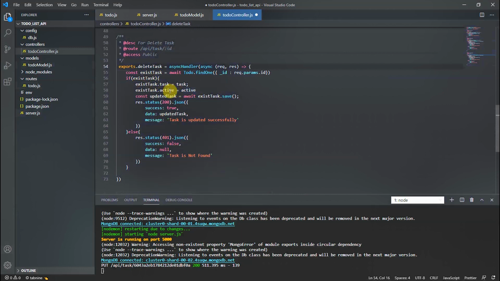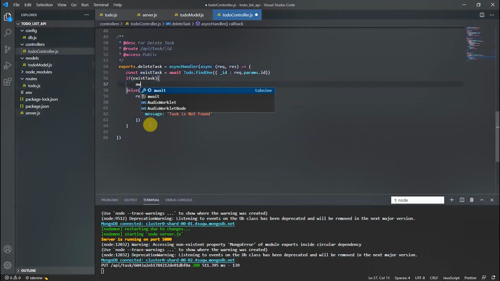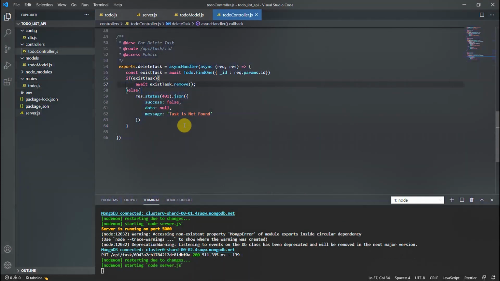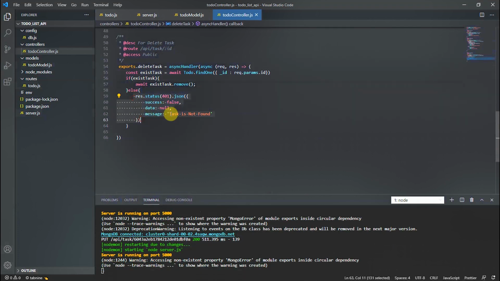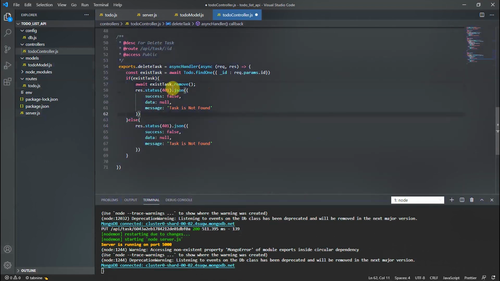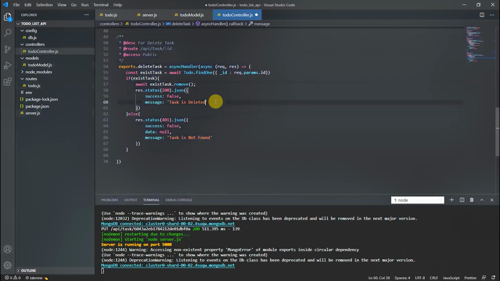So if this task is there, then we will call await existTask.remove. The same response we need to send, like 200, there is no data parameter, "Task is deleted successfully".